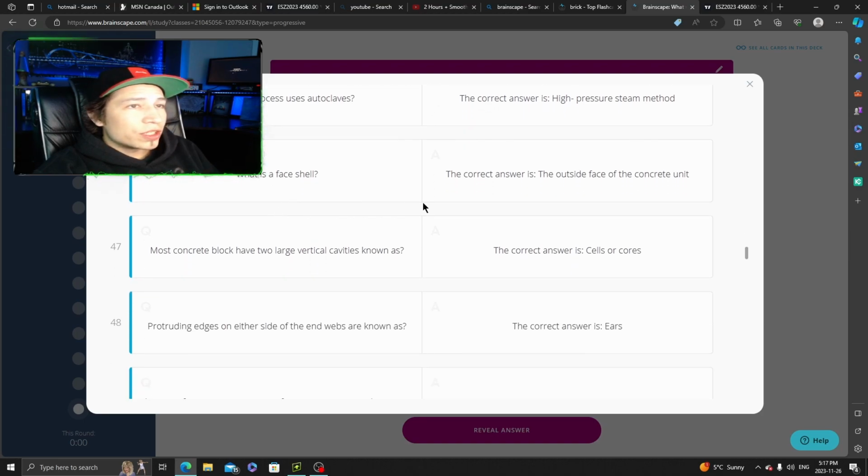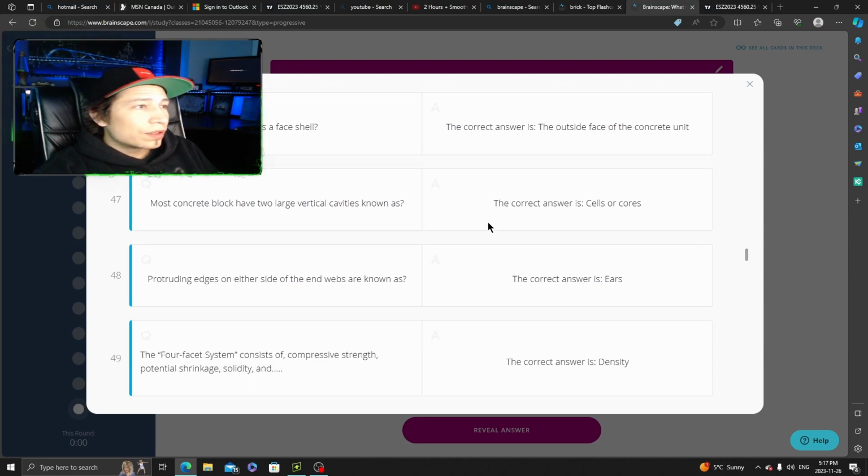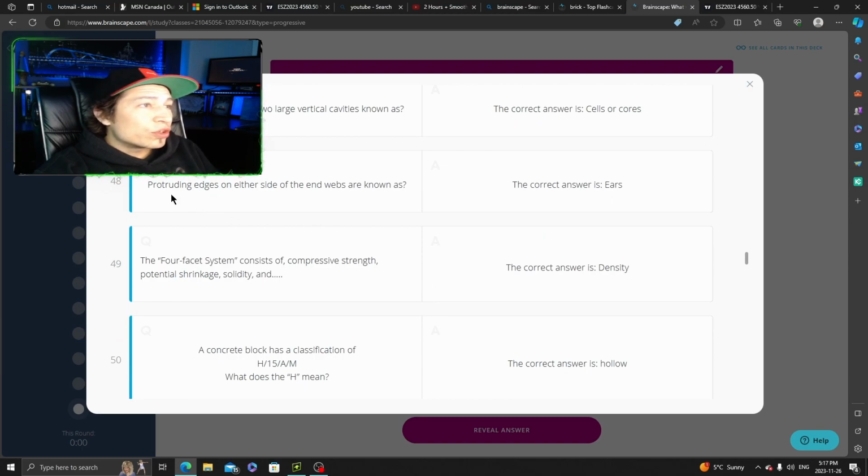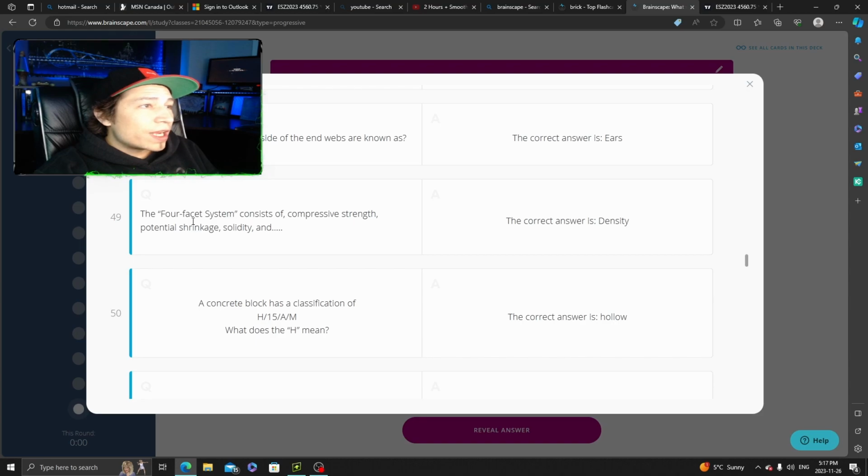What is a face shield? The outside face of the concrete unit. Most concrete blocks have 2 large vertical cavities known as cells or cores. Protruding edges on either side of the end webs are known as ears. The 4-facet system consists of